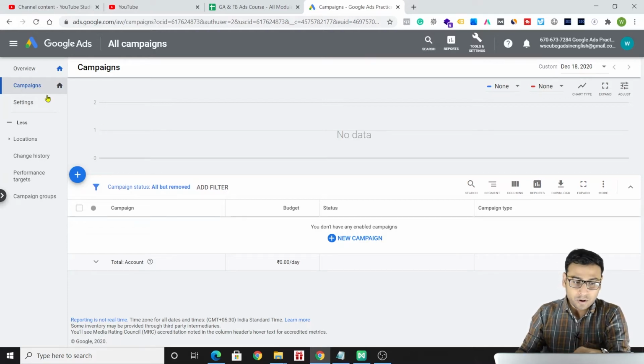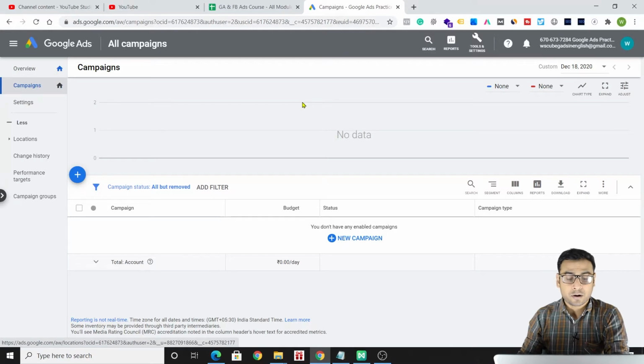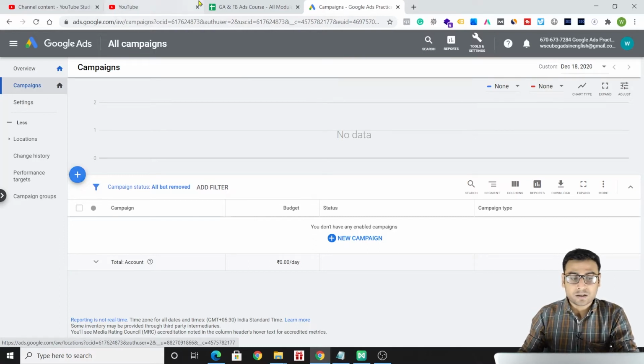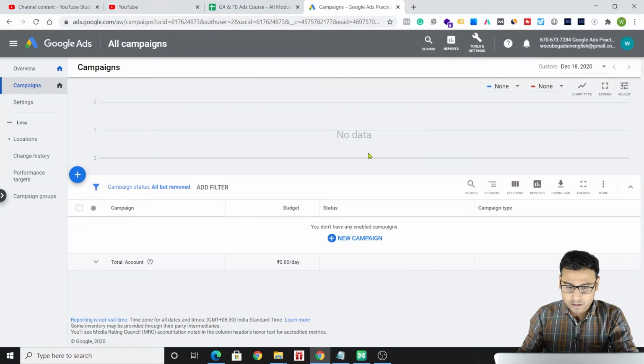Because when you have created your Google Ads account, it means you are going to run some campaigns here. So you have to enter your payment details, how you are going to pay Google Ads for the campaigns you run, right? When you receive clicks, you are going to pay Google Ads. So what are the different payment methods that Google offers you, and where those options are, we are going to explore in this particular video.